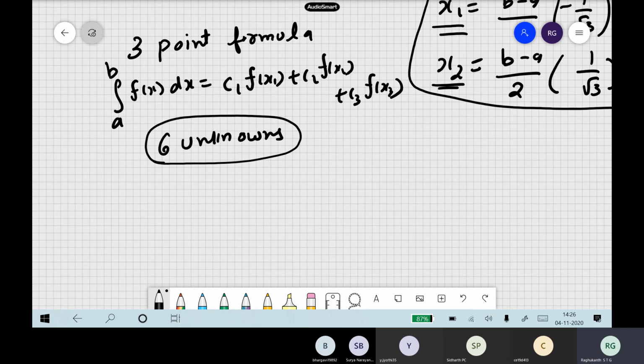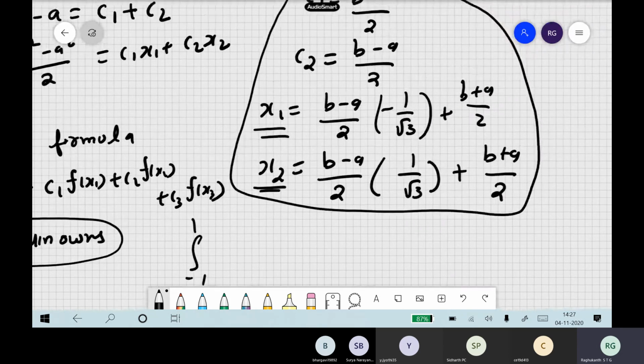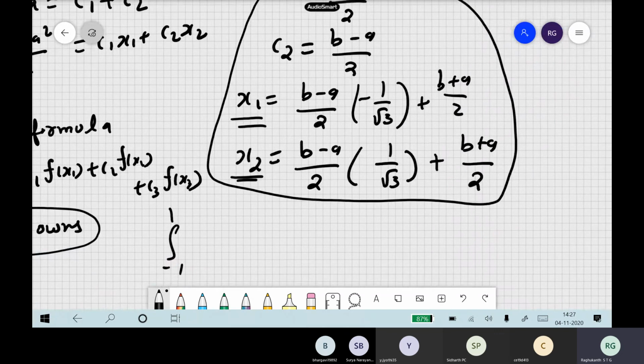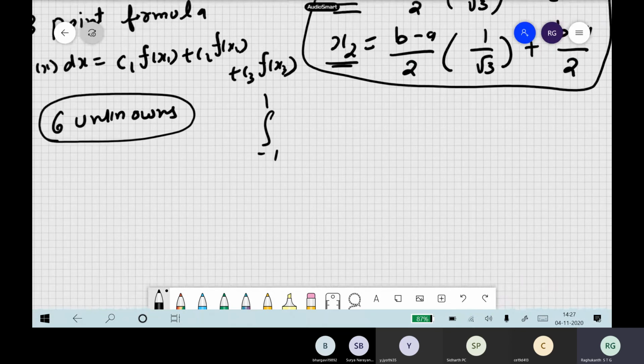So if you see any textbooks, any FEM book, the Gauss points, of course, in many textbooks they don't give as a to b, they give as -1 to 1 kind of a thing. So you will have these types of Gauss points. You remember? Suppose if you take a and b as 1 and -1, what happens? Substitute here. So b is -1, minus of -1, you followed it. This comes here. So this is the 2-point formula we say.